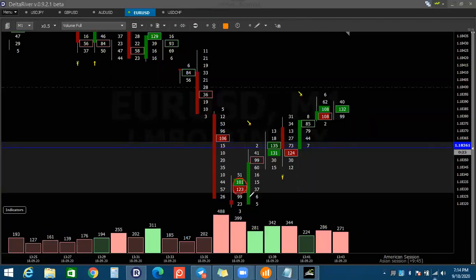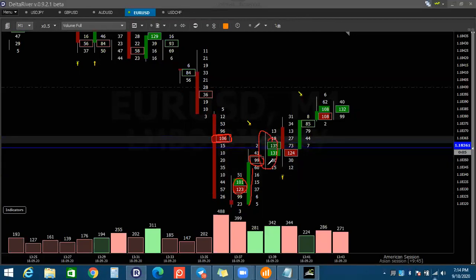Okay, and when the candle started from here, the sellers' volume increased here, but the point of control is here. After the pressure of the sellers and this point of control, we got a doji candle. There is no body in this candle. Maybe there is a jump in the candle.